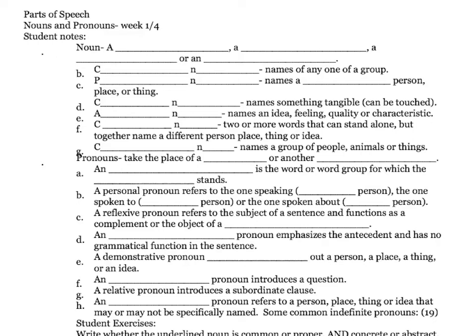So think in terms of stop sign or baseball or any one of those compound nouns. And then lastly, G, you're going to find that a collective noun is what's going to name a group of people, animals, or things. Now would be a perfect time for you to review A through G on that nouns, that first section. One thing that you could do, if you've already printed out that sheet, either to the right or to the left, is name one of each kind of noun that you can come up with on your own,